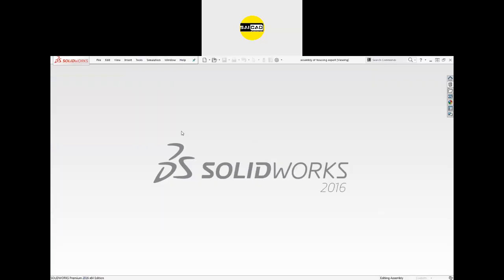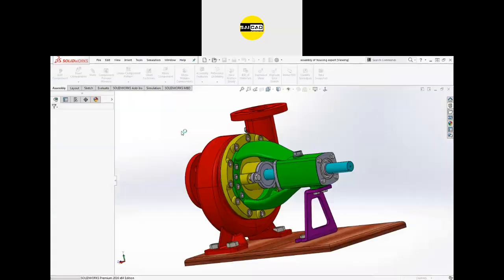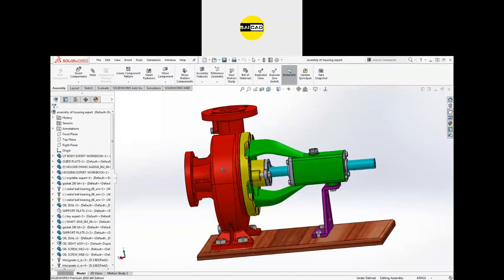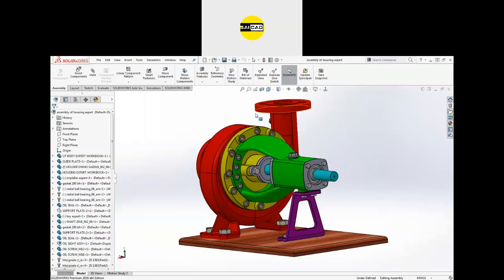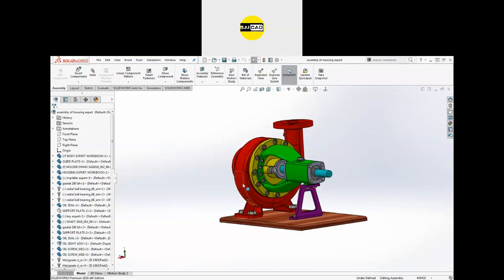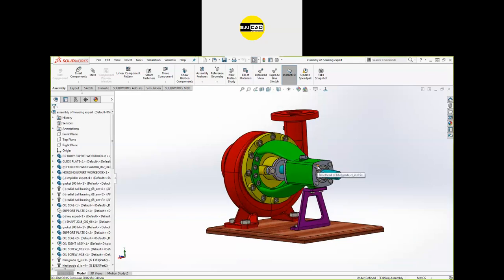Okay, so I'm going to open this part. Here this is the part. In this assembly, I have created a sub-assembly also. What is the sub-assembly? It means that I have created an assembly inside of an assembly. Like I am creating this assembly here, and I have a component that has multiple parts. So I can assemble that component separately in a new file and import that component directly here.